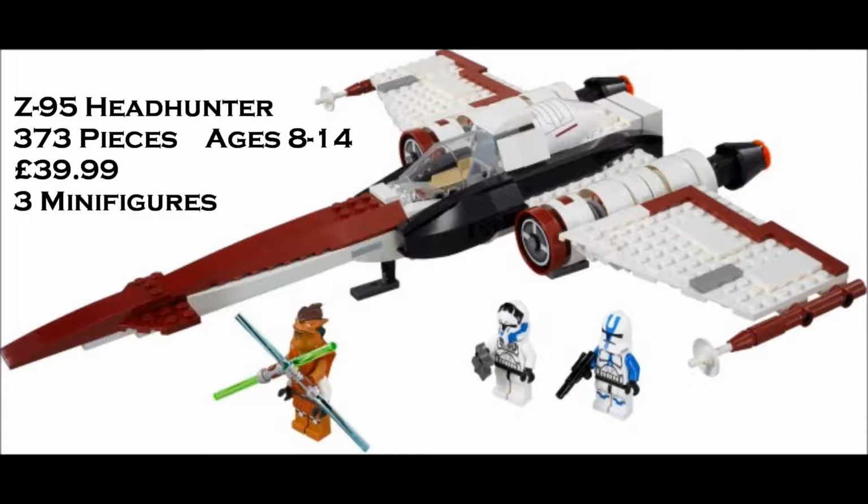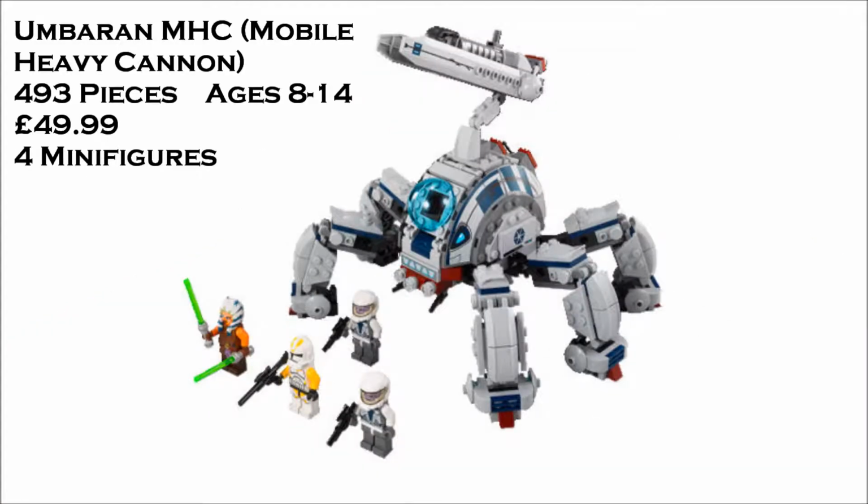I think I'd probably prefer getting multiples of the ARC 170 Starfighter. And that, of course, had 4 minifigures, I believe. You don't get an astromech droid in this. That's probably because there isn't an astromech droid slot. But hey. This is the Umbaran MHC Mobile Heavy Cannon, 493 pieces, ages 8 to 14, and it retails at